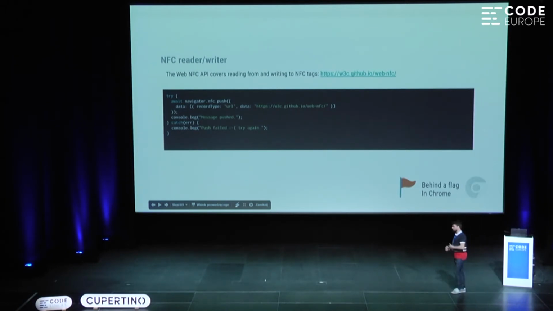The reason why you don't get a token that works forever is that there might be changes. So maybe we figured out that that was a really bad idea and we need to change the API a bit. So next time there's a Chrome release, you will test with the beta release. You make sure that everything works. You're ready to roll out your new release, and then you can request another token. Normally, this might run for a couple of Chrome releases, depending on how stable the feature is. And the idea is that after that, it will go to become a stable feature and ship in Chrome. This is exactly what happened with Web Bluetooth.